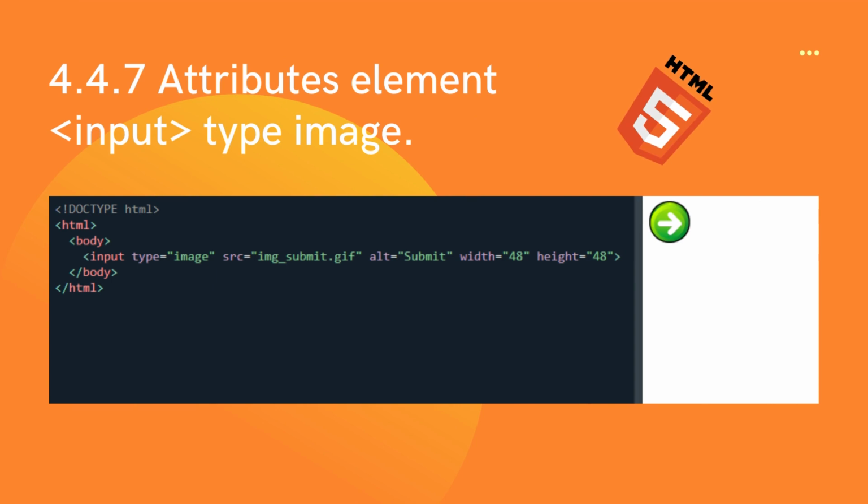Attribute the element input type image. Type attribute returns the type of the form element. The input image src attribute specifies or returns the value of the src attribute of the input image. Alt attribute specifies or returns the value of the alt attribute of the input image. Width attribute defines or returns the value of the width attribute of the input image. Height attribute specifies or returns the value of the height attribute of the input image. Example: